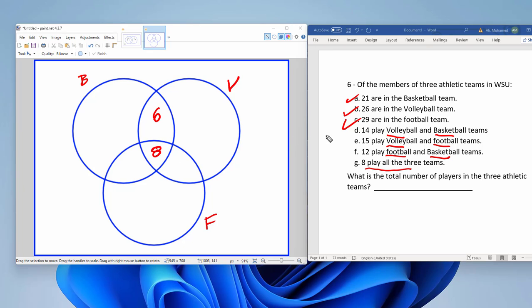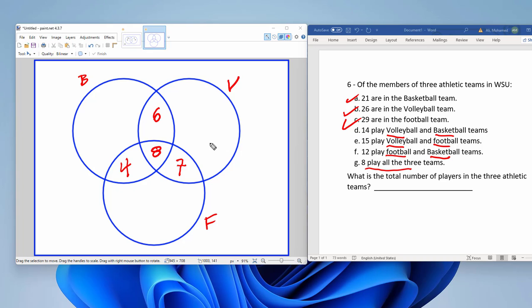And then 15 of them play volleyball and football. So they're here. So 15, and then we have 8. 15 minus 8 is 7. So we're going to put 7 here. So the total is 15 between the volleyball and the football. And then 12 play football and basketball. So in this area, we have 8 here, and out of 12, we have 4